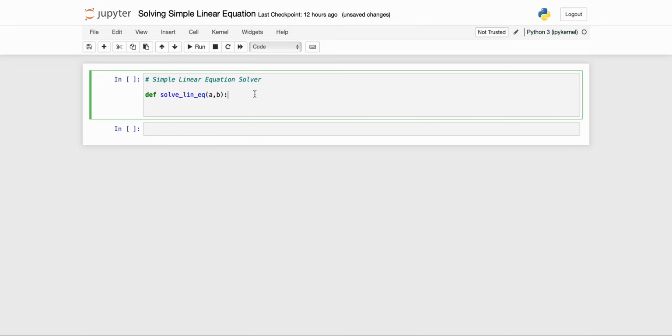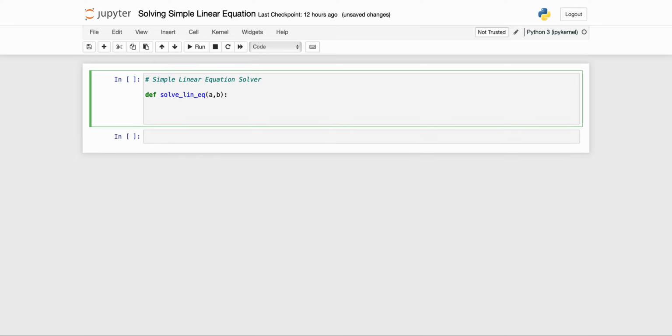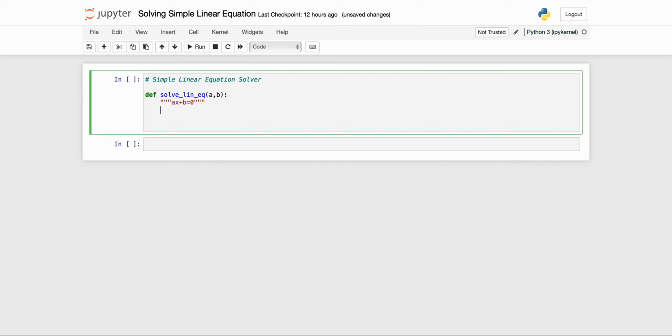So remember, when we're solving a linear equation, we're solving a linear equation of the form ax plus b equals 0. So that would be the form that we are going to solve. So we're going to consider what happens when a is equal to 0. So if condition, if a is equal to 0, then